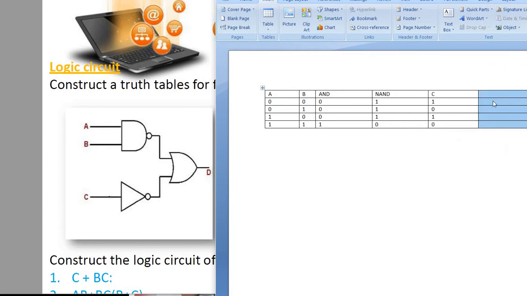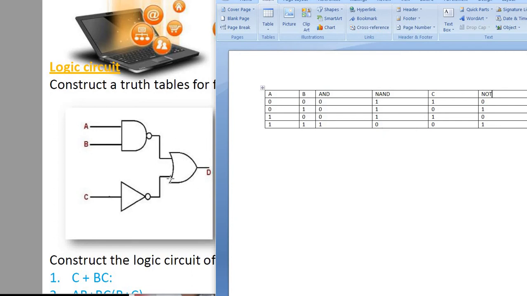For this you will get, just reverse it, 0, 1, 0, 1. Now this is the output of this NOT gate. We will write NOT here.